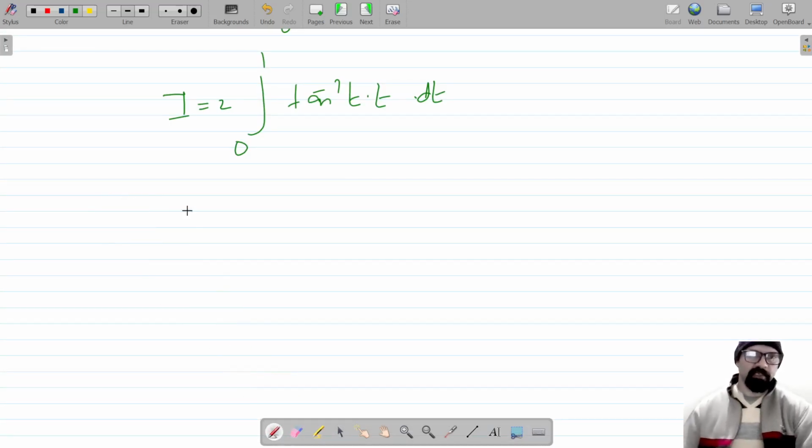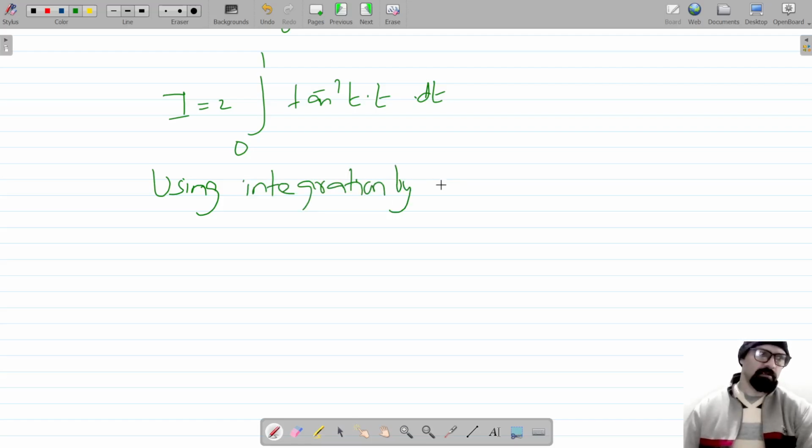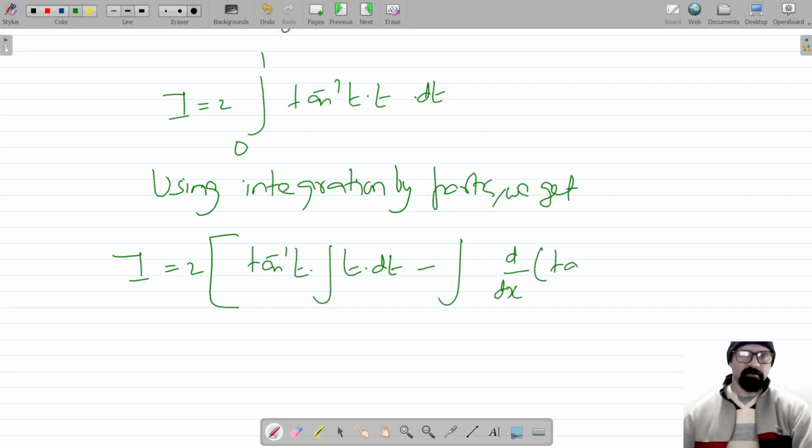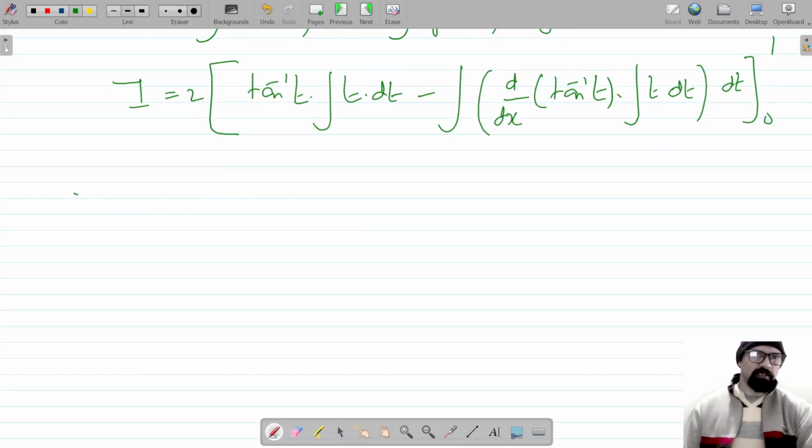लेट मी राइट हियर, I will write here using integration by parts. Okay. So integration by parts is equal to 2 is our constant. So integration by parts बोलता है: first function into integration of second function minus integration of differentiation of first function into integration of second function, and this whole has to be integrated once again and the limits are 0 to 1. तो ये है इंटीग्रेशन बाय पार्ट्स।